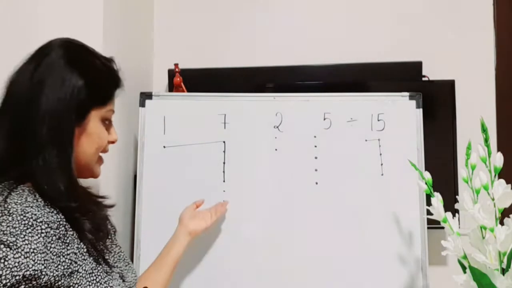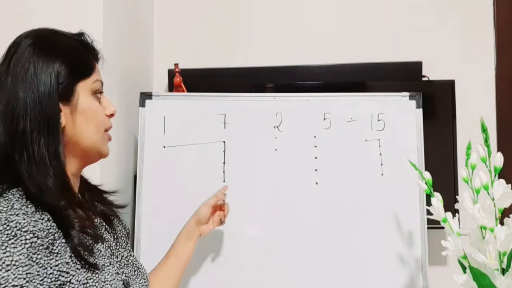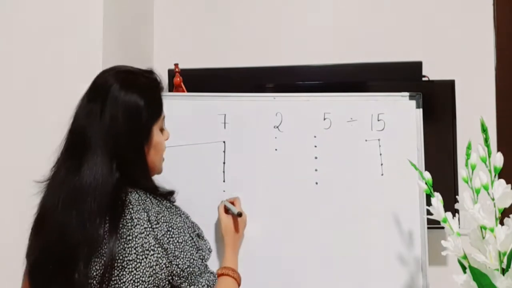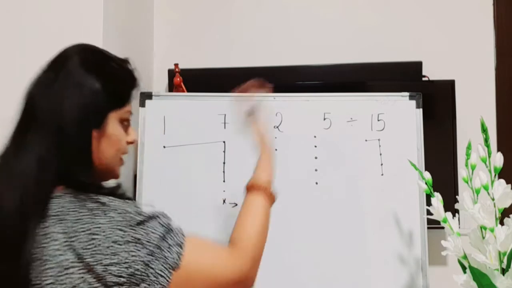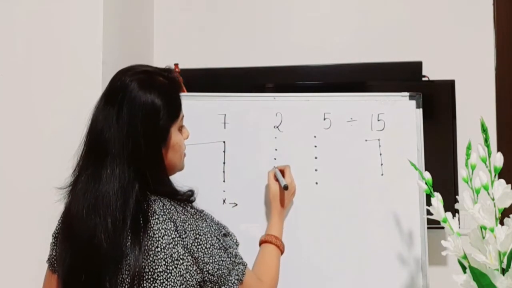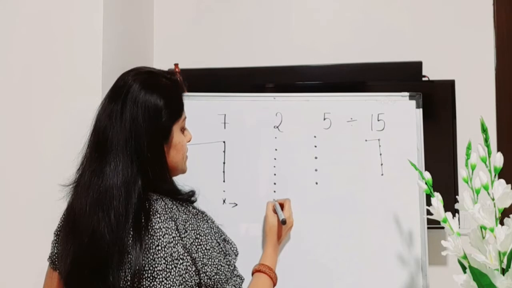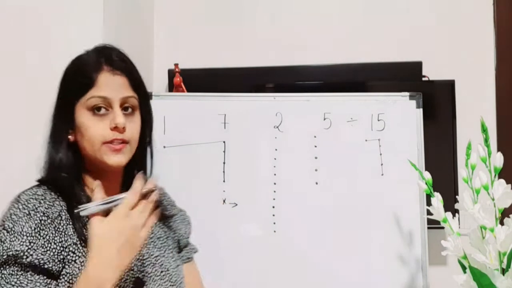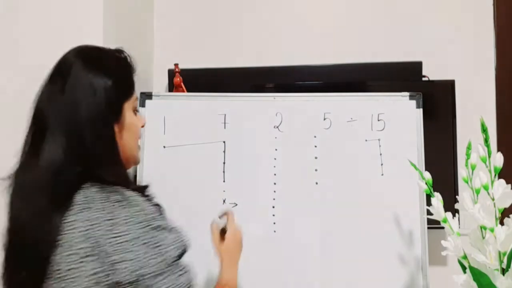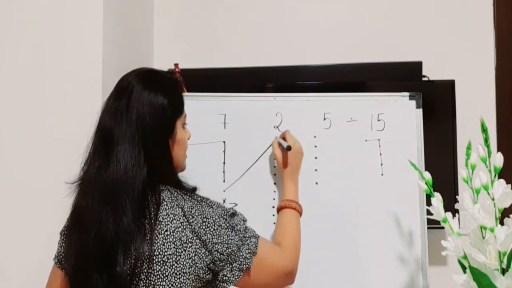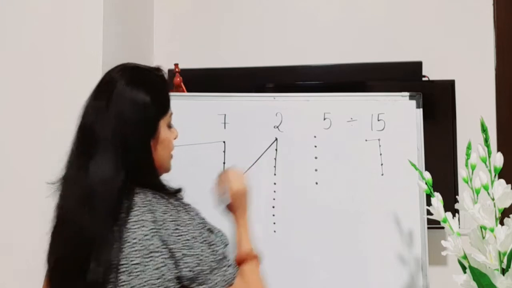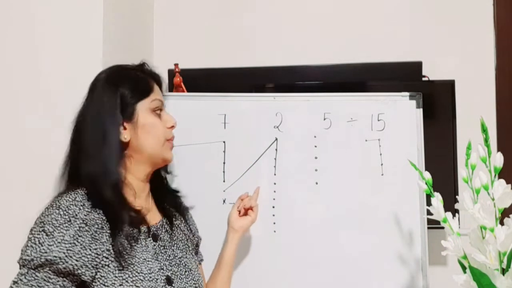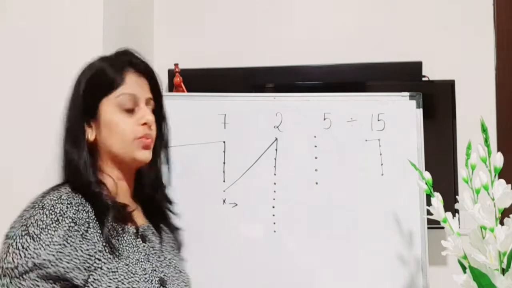Now we can see in the second column we have 1 dot, but in the next column do we have 5 dots? No. So what is our rule? We'll just shift 1 dot from the previous to the next column. So here we'll have 1, 2, 3, 4, 5, 6, 7, 8, 9 and 10, because each dot will represent 10 dots in the next column. So now yes, we have 1 dot here, and we have 1, 2, 3, 4 and 5 dots in the next column. Now again you can check. Yes, we have 1 dot over here, and do we have 5 dots here? Yes, we have 5 dots.